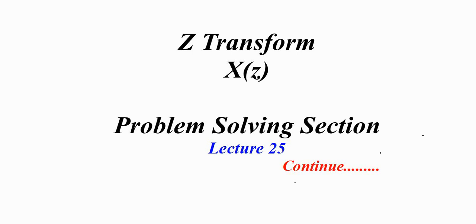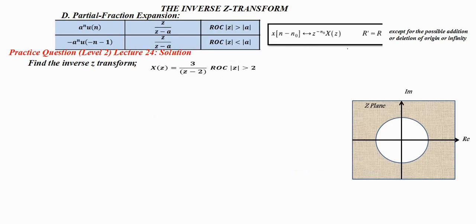In lecture 25, first we will discuss the previous question which we discussed in lecture 24. First we will discuss the solution of this particular problem. Okay, here the signal is given x of z is equal to 3 by z minus 2, and when you